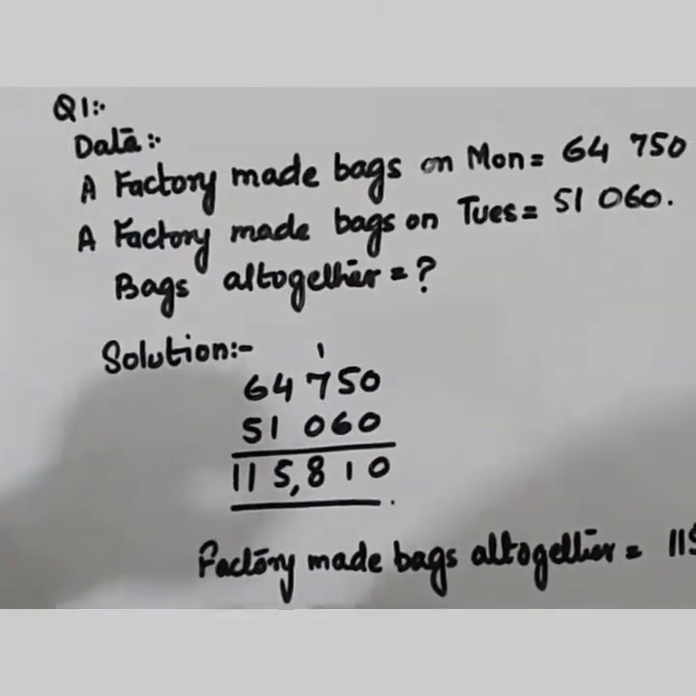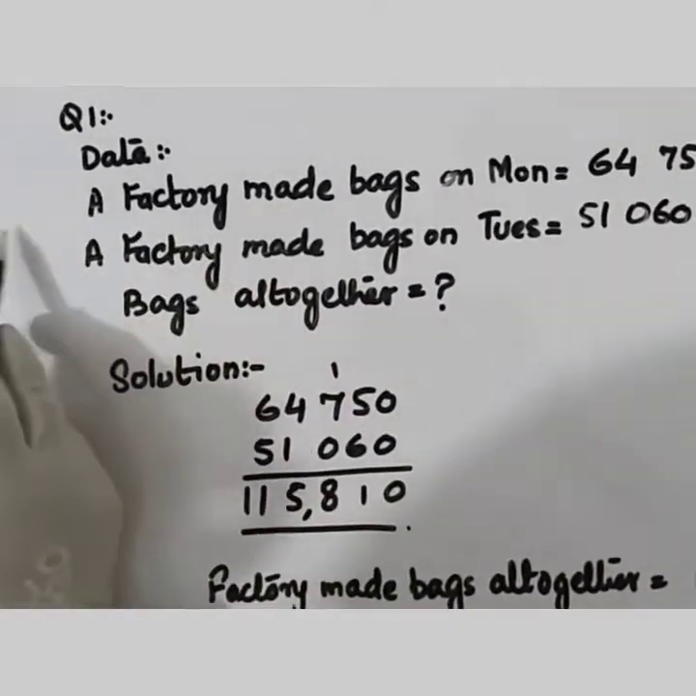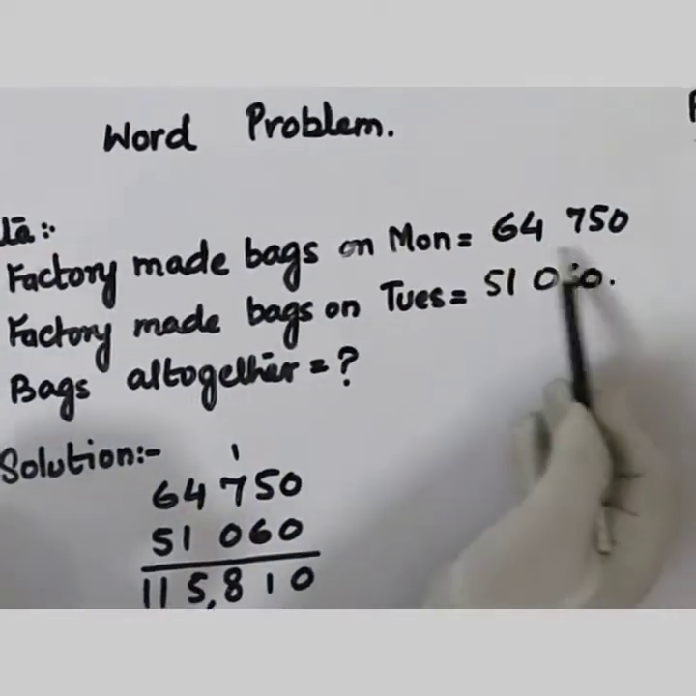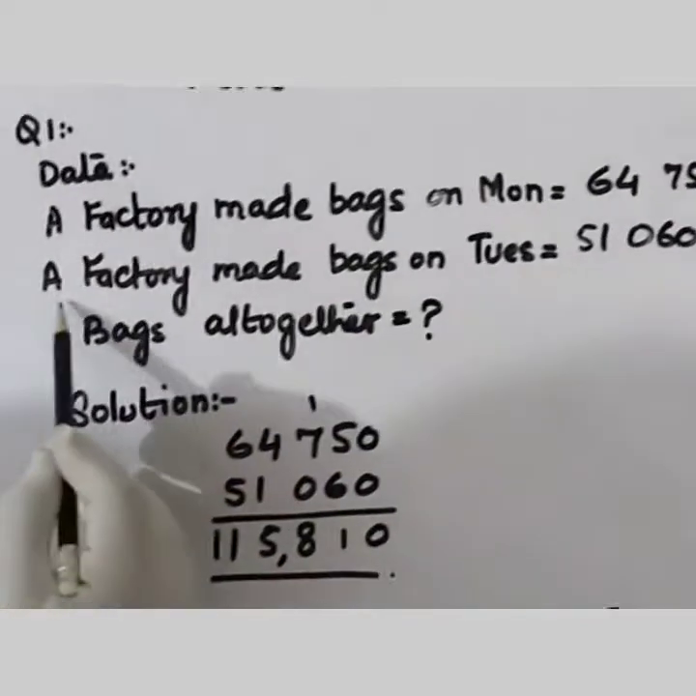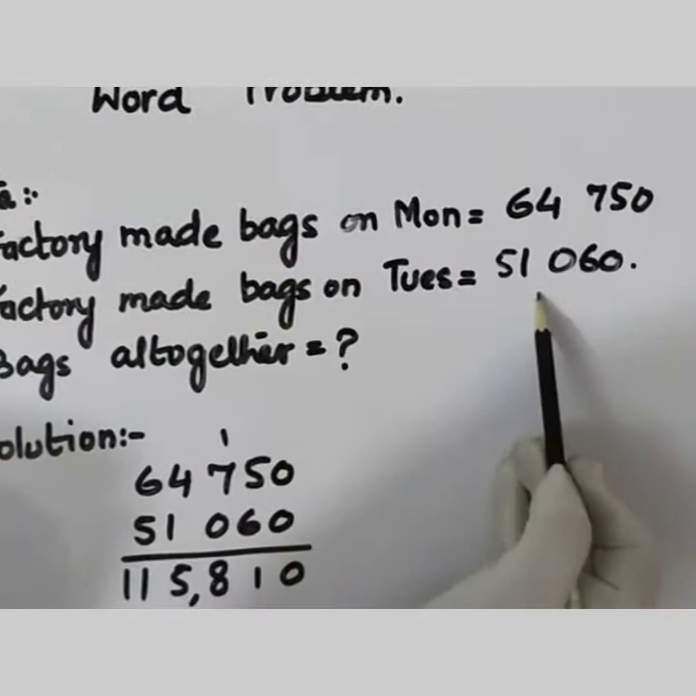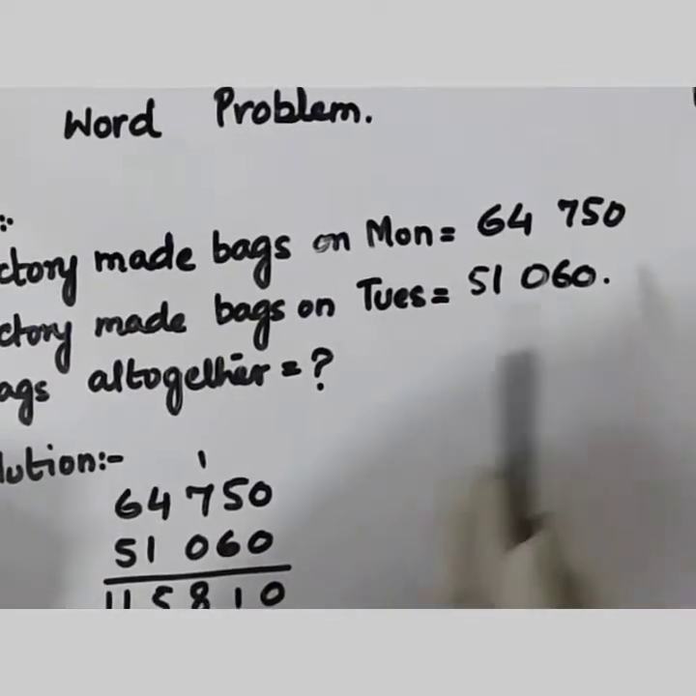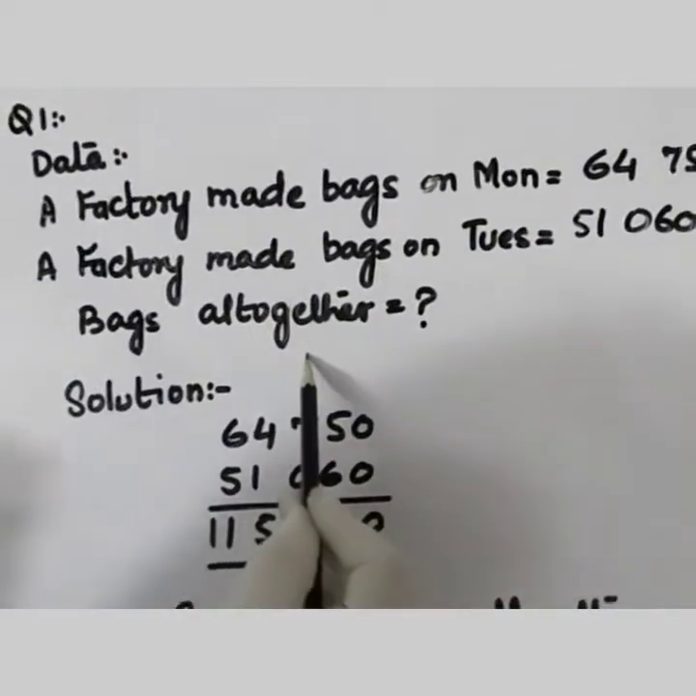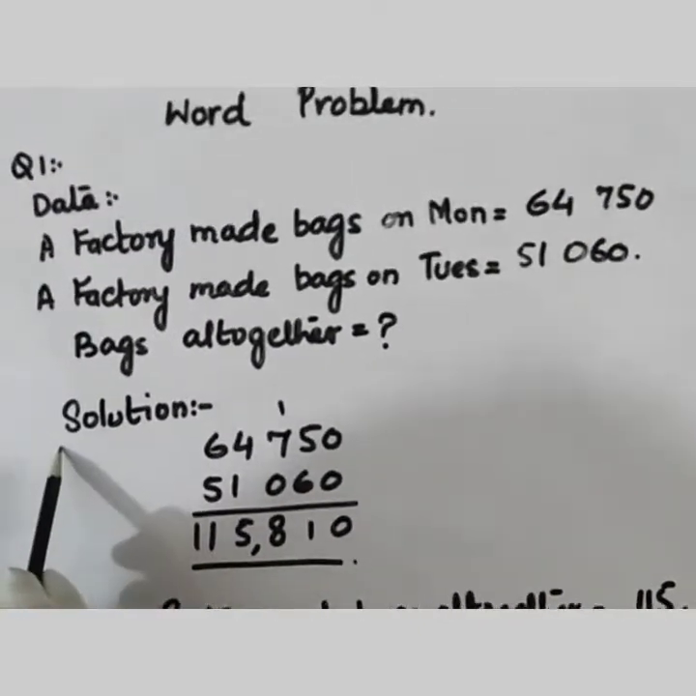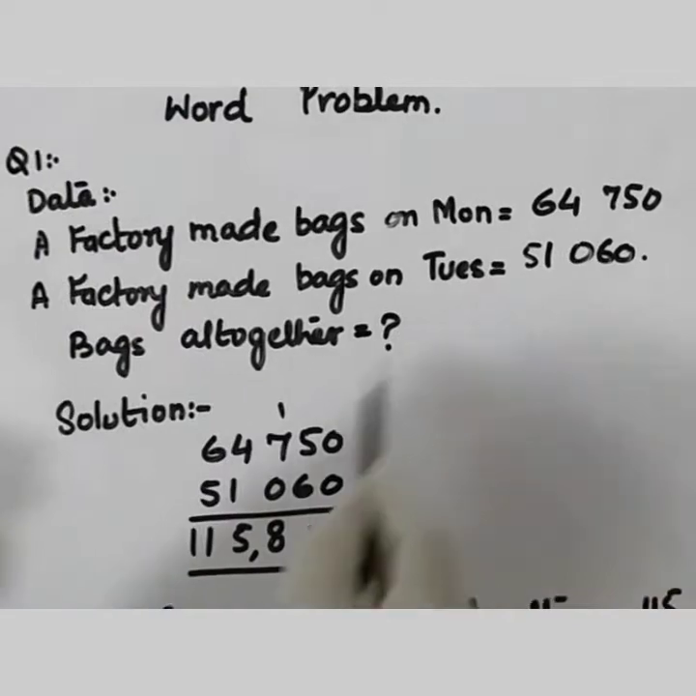According to our question, we have to make the data. A factory made bags on Monday. How many? 64,750. A factory made bags on Tuesday. How many? 51,060. What do we have to find? Bags altogether. We have to find this. Solution: altogether means we have to add these numbers,